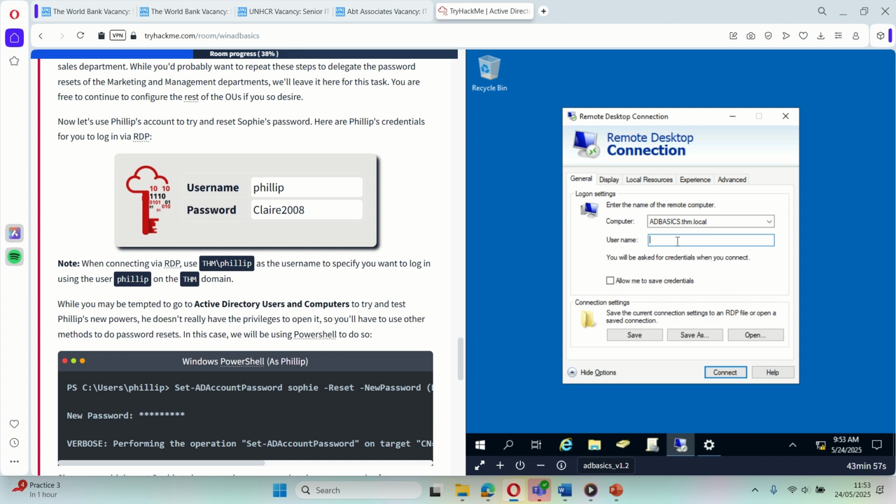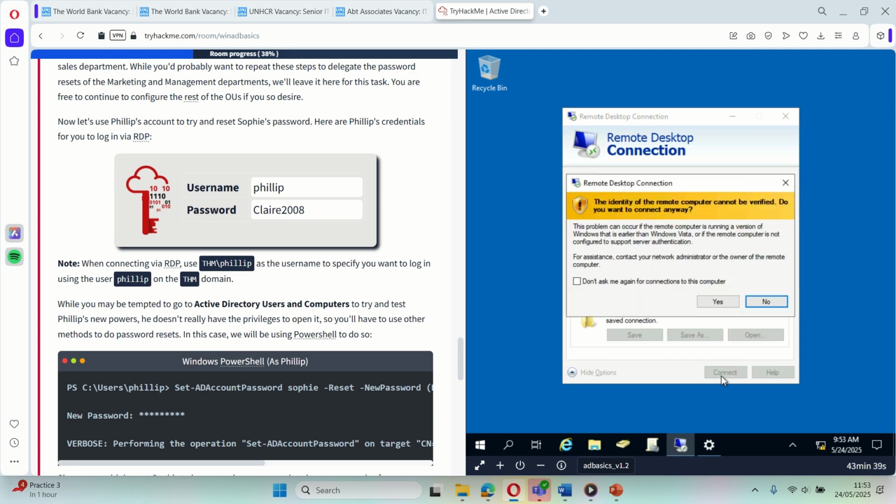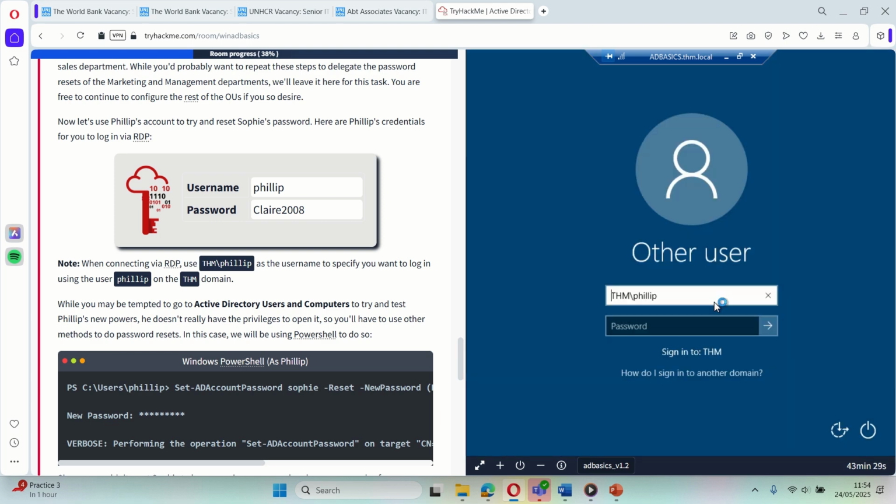The username for Active Directory will always start with the domain, which is THM\, then the appropriate username, which is Philip, and then we can do connect. Once we get this remote desktop connection pop up, all we need to do is say yes. Once we say yes, we'll be provided with the login prompt where we can put Philip's password. That's Claire